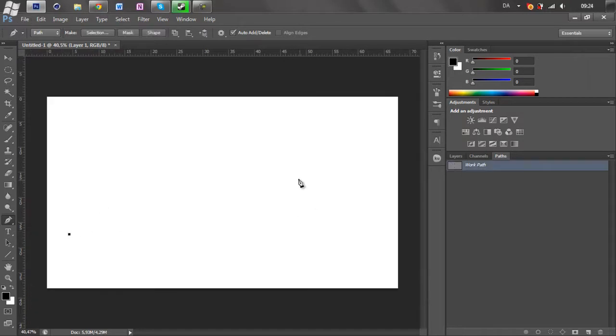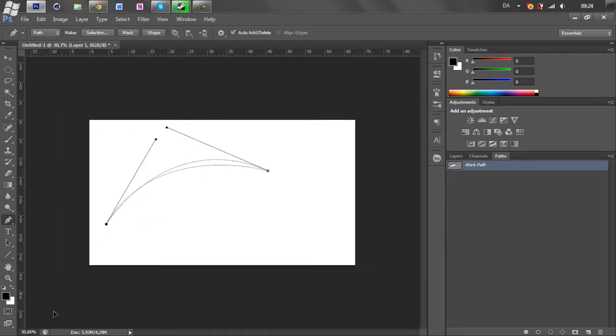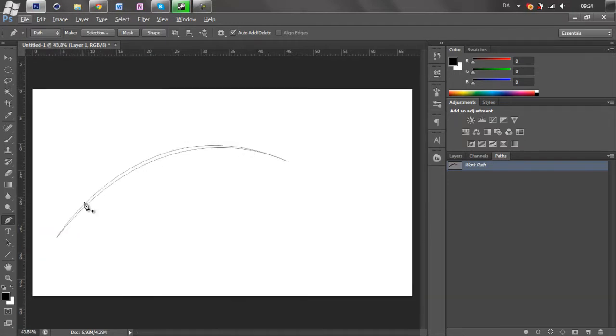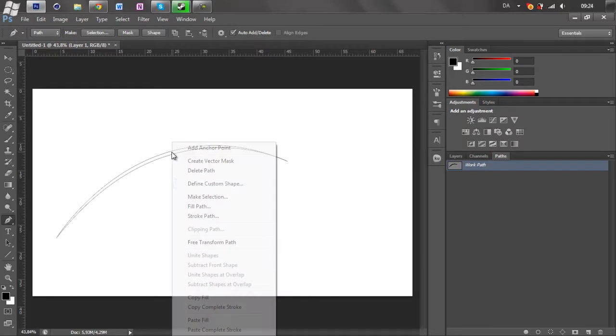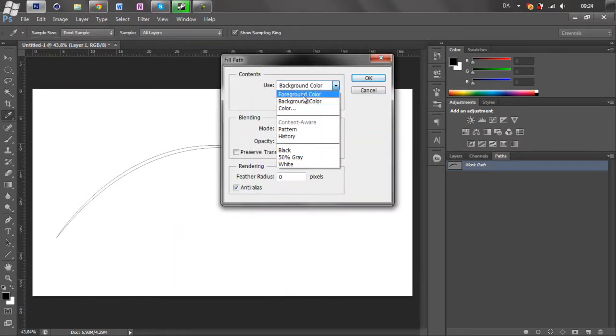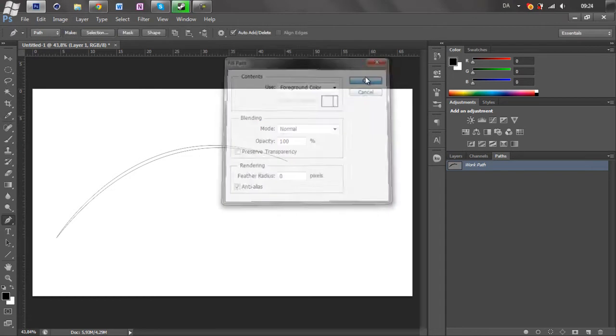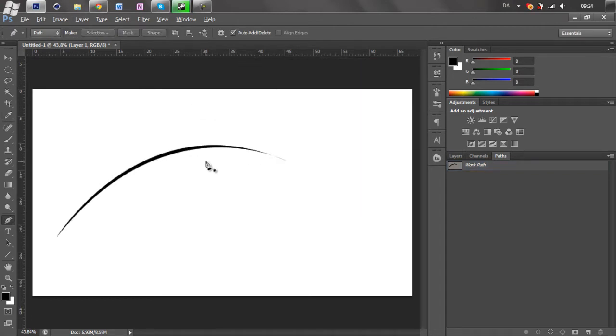But the way I do it is, if I want to create a line like this, I click here to remove the anchor, and then I click back and zoom out a bit. Click here and drag it up until the line looks perfect. As you can see, I can choose if I want a really thin line or a really thick line. So I just want it like this, and you can see it creates the path, and then I right click and fill path with foreground, which is black, and boom, there I have my first line.